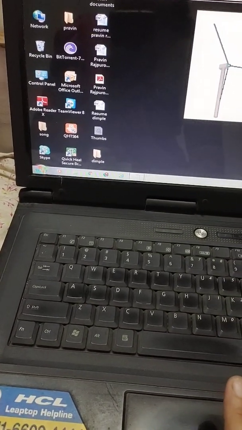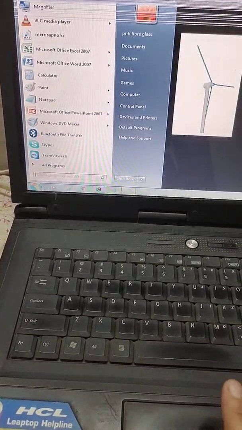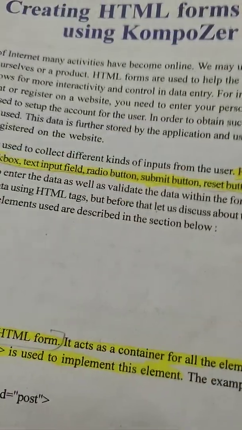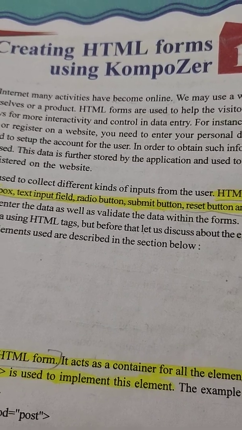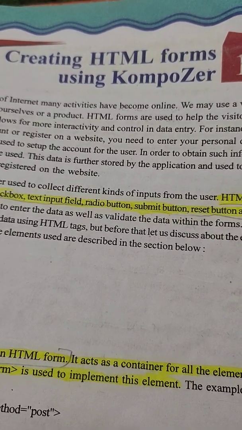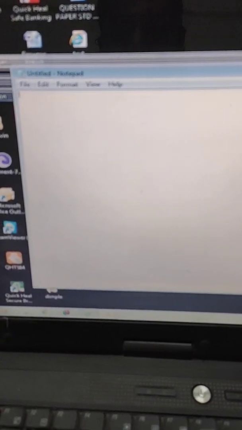I will be showing you what is the difference between Notepad and Composer. See, Notepad has only 5 menus.